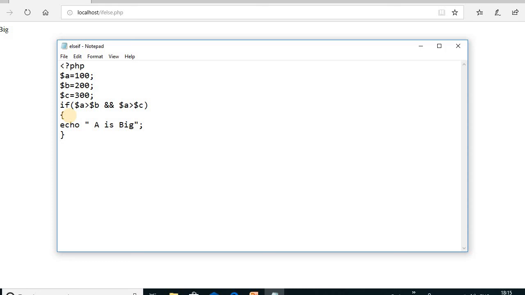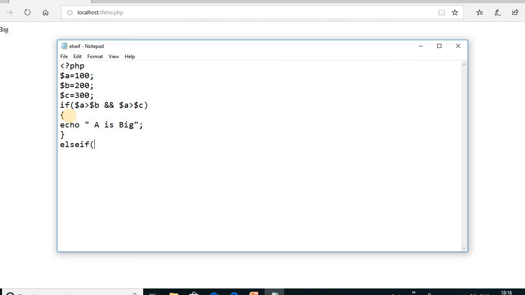Next, if this condition is not true and there are more than two conditions, we can write else if. What is the next condition? In the first condition, we check whether A is big.